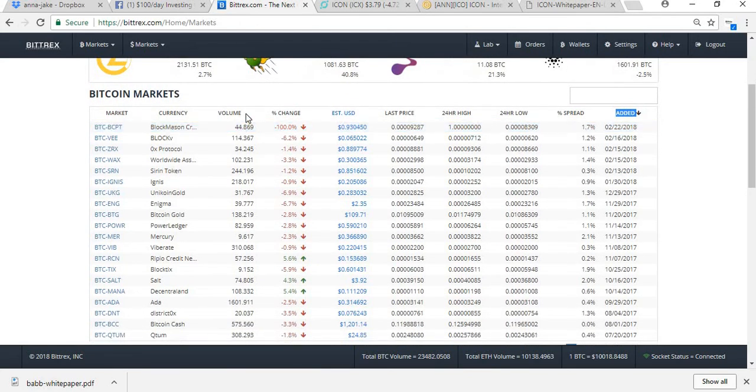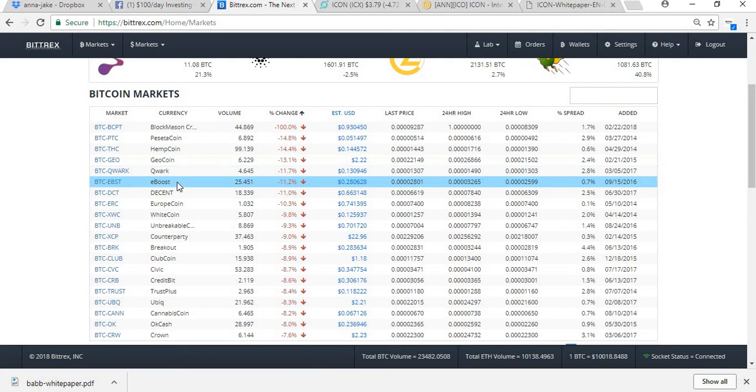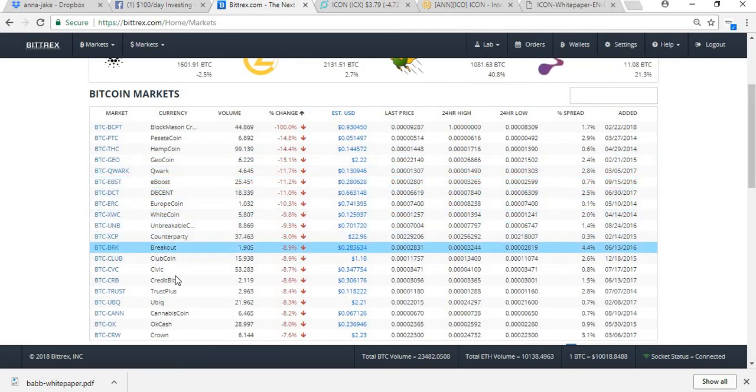Now, normal process that I would go through for trying to work out what coins are potentially going to be profitable in the next couple of days, I would start off by looking at the percentage change on Bittrex. Apologies if you don't use Bittrex, but hopefully the process is quite similar on the exchanges that you guys use. I'd look on here. I'd look at some of these coins that are up here, and